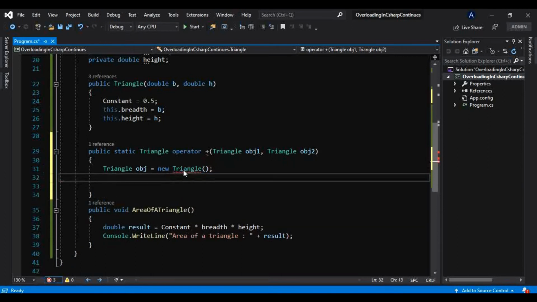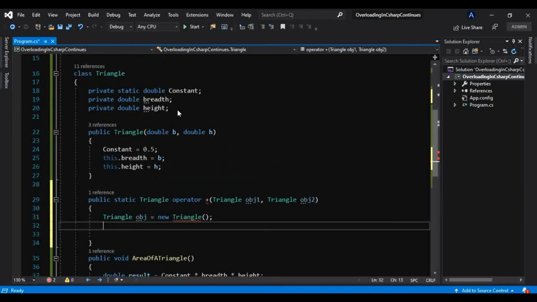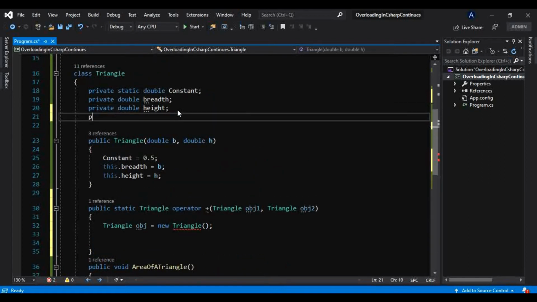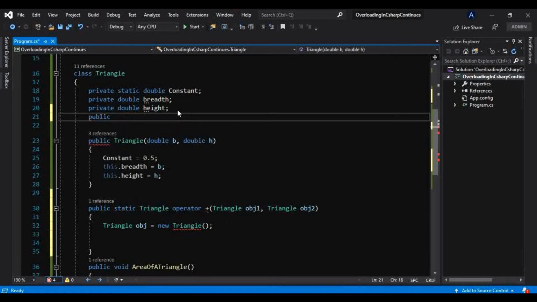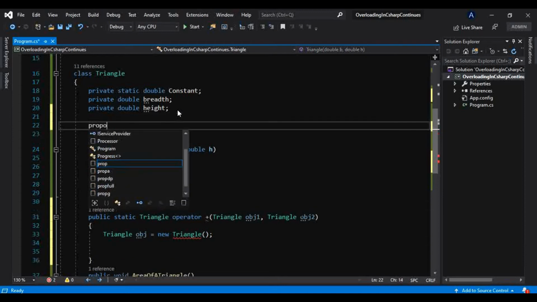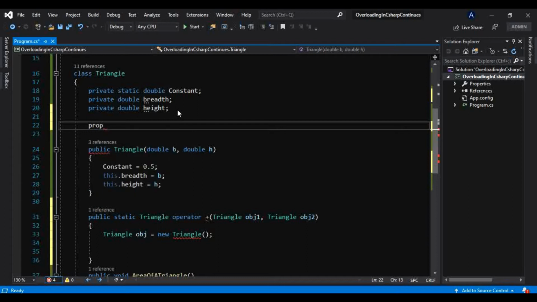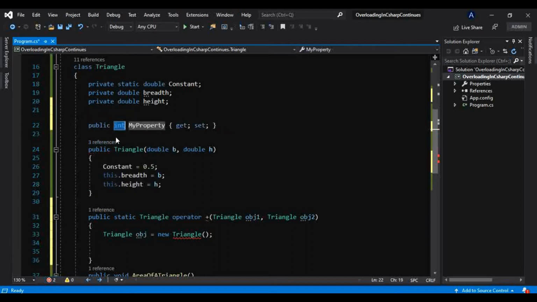And now for that, let me take one another field, and we have to make that public. Let me take one property, because then it will be very easy. And don't worry, we will learn properties in very great detail, as I have told you in previous tutorials as well, so don't worry.